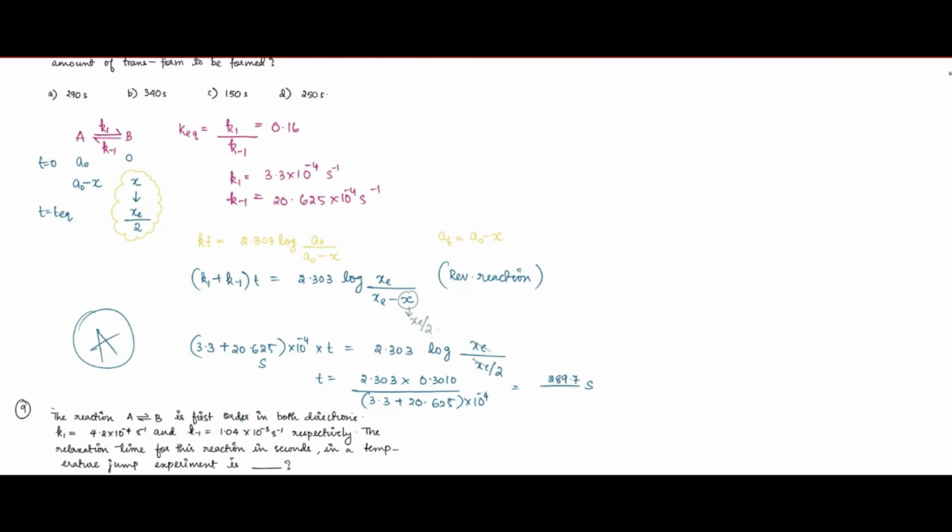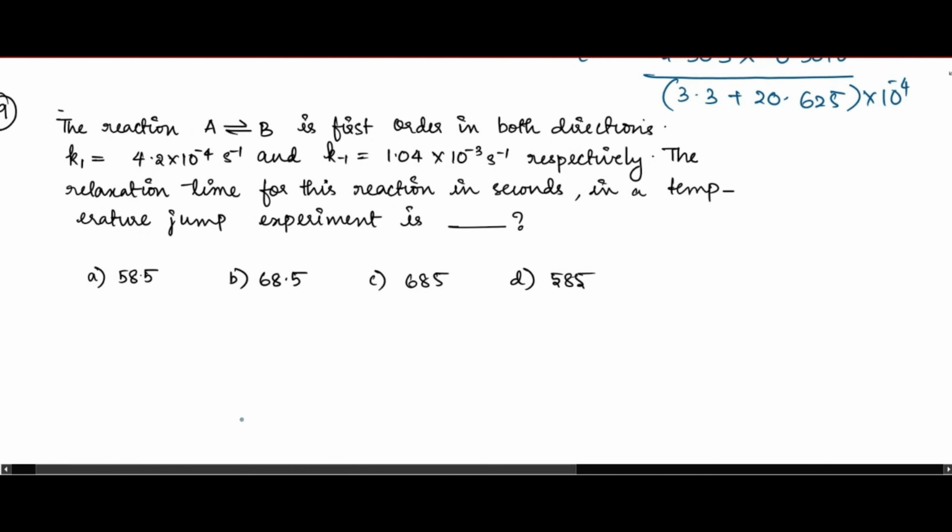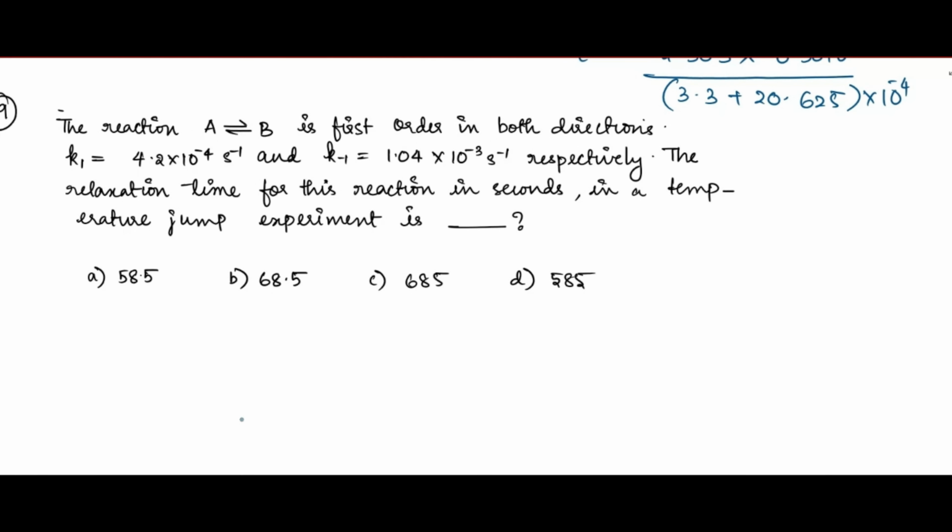Okay, next question. Again, a reversible reaction in the question. So, the reaction A, which reversibly undergoes a reaction with B, is first order in both directions. And they have given the forward rate constant, backward rate constant, and you have to find the relaxation time in seconds in a temperature jump experiment. Okay, relaxation time is nothing. It is just